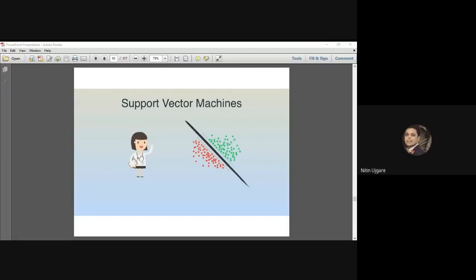Yes, sir. Now it is audible. Okay. So, did you understand this support vector machine example, which I explained with the Nashik, Mumbai, Agra highway? Yes, sir. Okay, great.